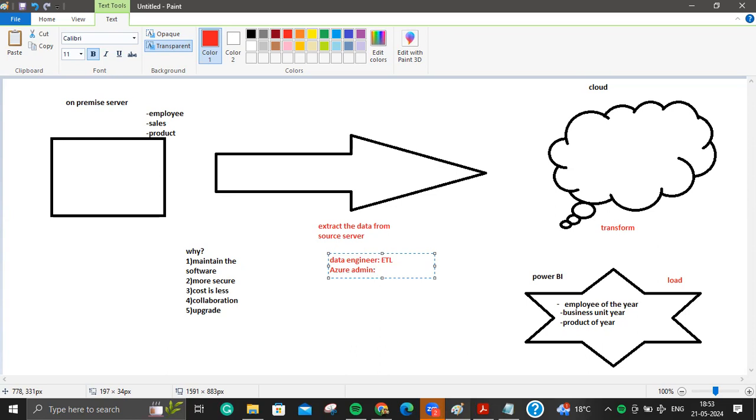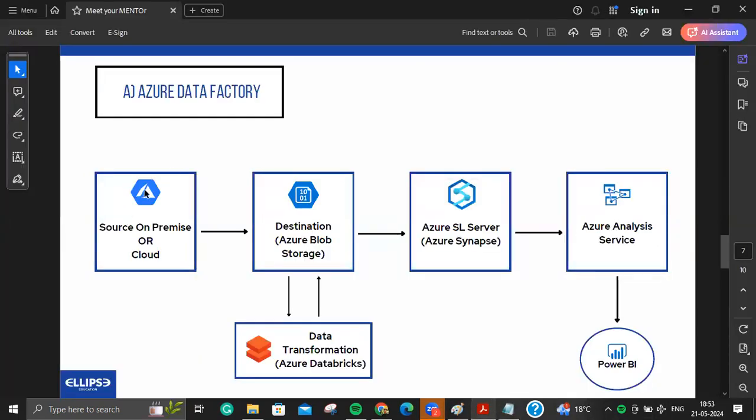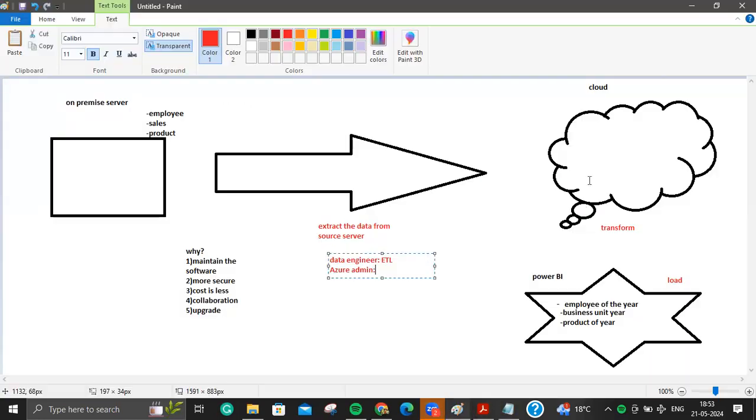When you want to start, suppose you figured out that to move the data from one place to another, you need Data Factory, right? Because Data Factory helps you to connect the data from one point to another. So you figured out that you need these tools, right? You need Data Factory, you need blob storage, you need Synapse, you need Databricks, right? You try to figure that out. Then all sorts of development environment will be given to you by the Azure admin, because the Azure admin will try to secure the environment for the development. So he will try to give you the environment so that you can go and develop.